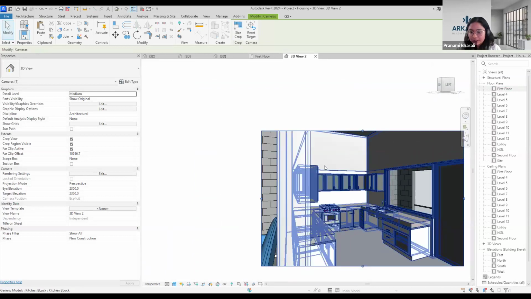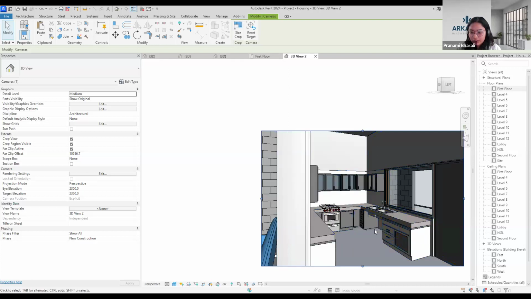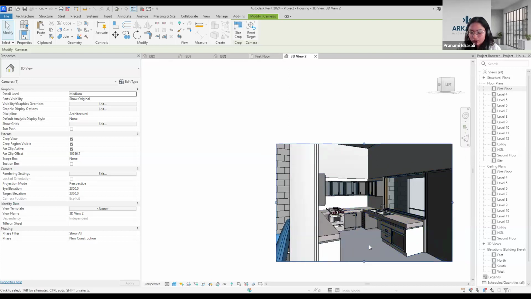So this kitchen area I have made using a Revit family. So in one sense, it's one module, this one component where all the layers and everything, all the walls, your plaster layer, your doors, windows, are fitted in place,